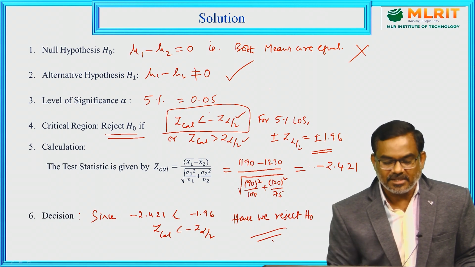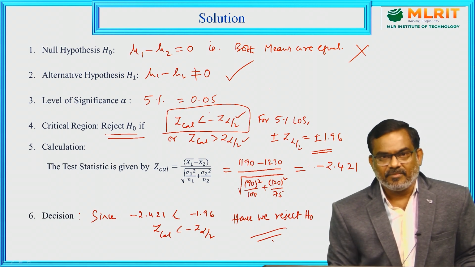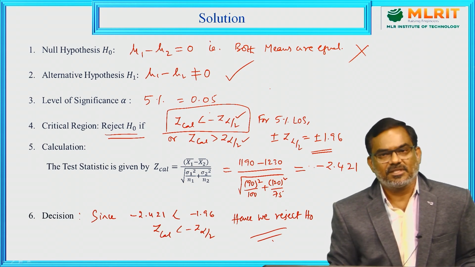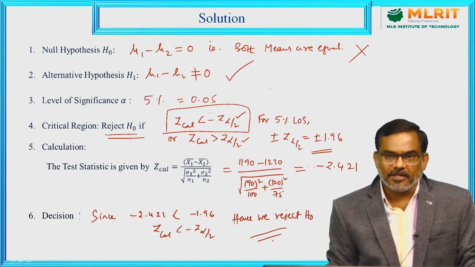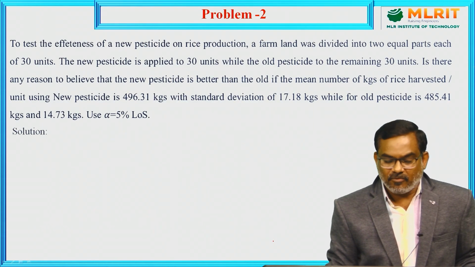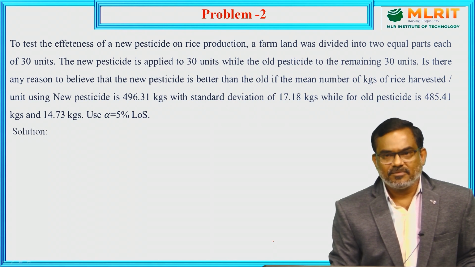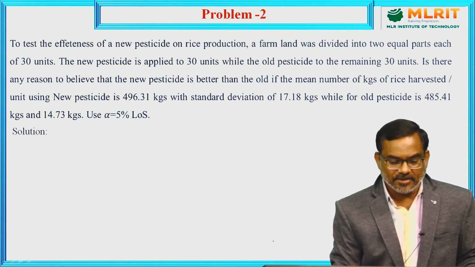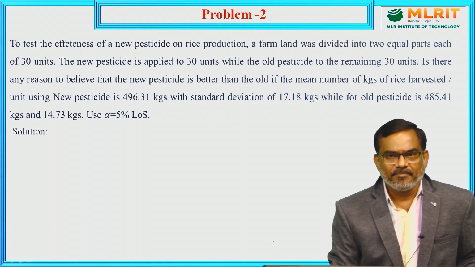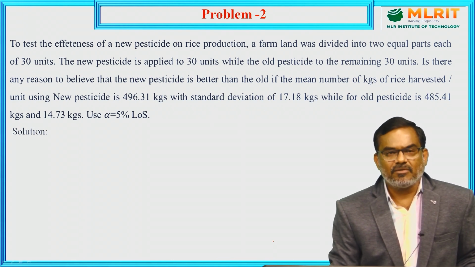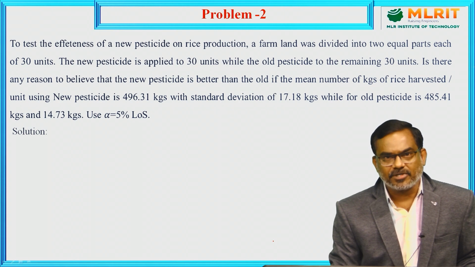So, like this we test the given statement using the procedure of testing of hypothesis, which involves 6 steps. Similarly, let us discuss one more problem on testing of hypothesis, two means for large samples. Now, here it is a practical example. To test the effectiveness of a new pesticide on rice production, a farmland was divided into 2 equal parts, each of 30 units. The new pesticide is applied to 30 units,